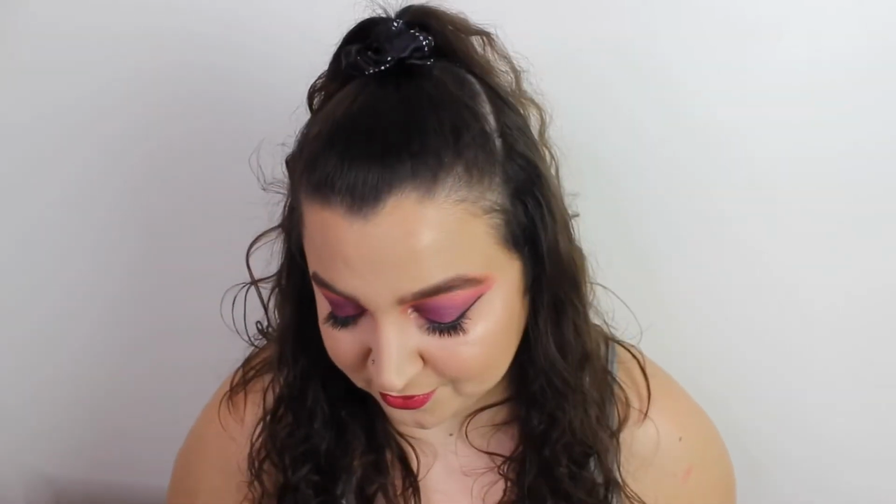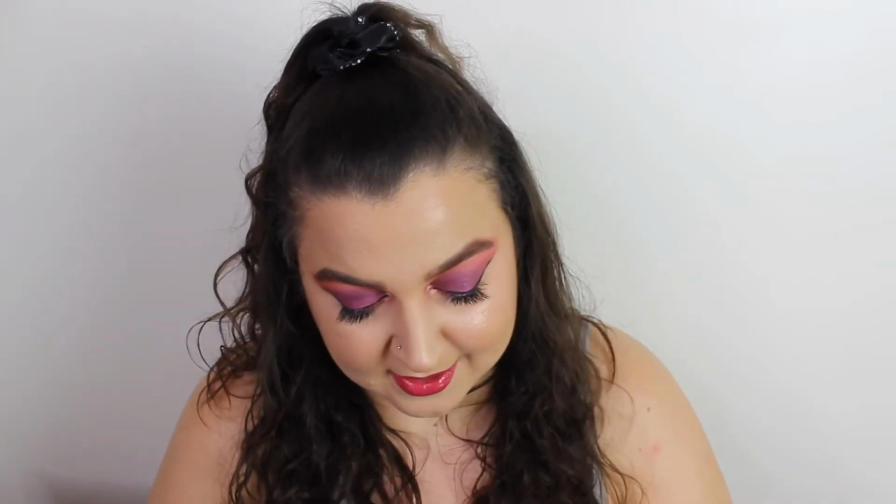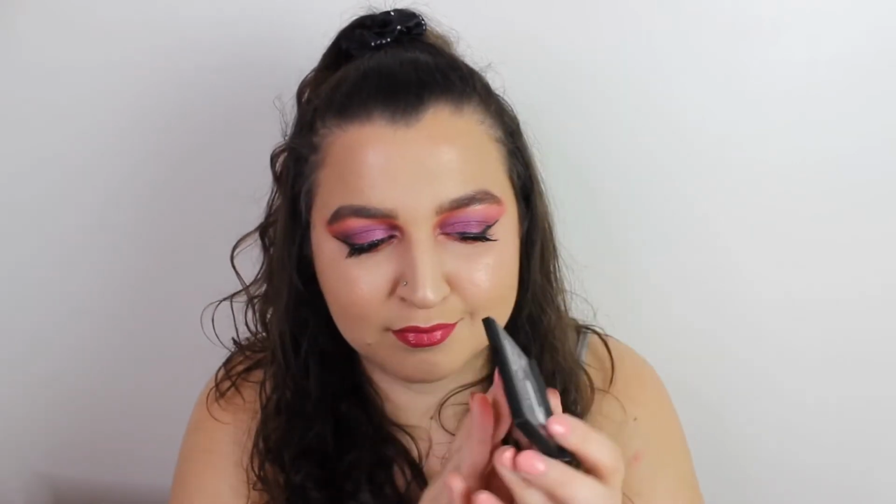Again, another collection complete. Sleek have come out with 4 new blushes. I did use one of these in my first impressions for the month of August and I love it. It's so tiny, so tiny. This one is Slim Thick. So nice. So this is Feeling Like a Snack. This reminds me of